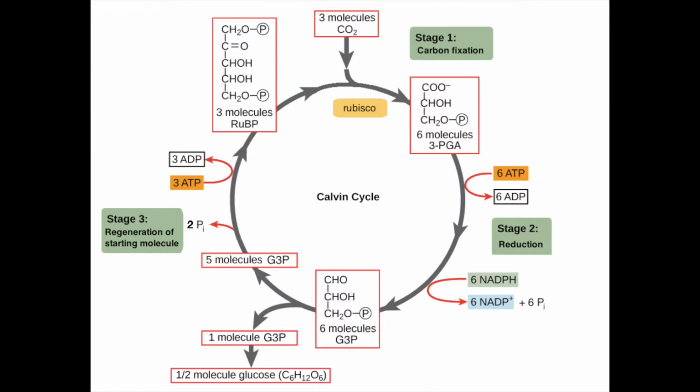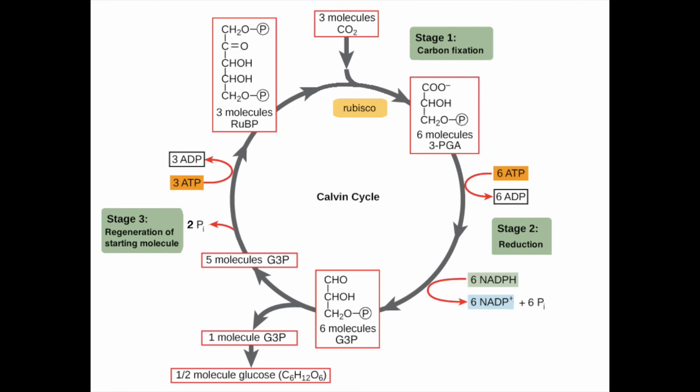Next is the second stage, reduction. ATP and NADPH convert 3-PGA into a different 3-carbon compound called G3P by donating their electrons, thus reducing 3-PGA into G3P. As a result, ATP and NADPH are converted to ADP and NADP+, and return to the photosystems to be re-energized. 6 molecules of G3P are formed. 1 exits the Calvin cycle and is released as glucose, and 5 are recycled